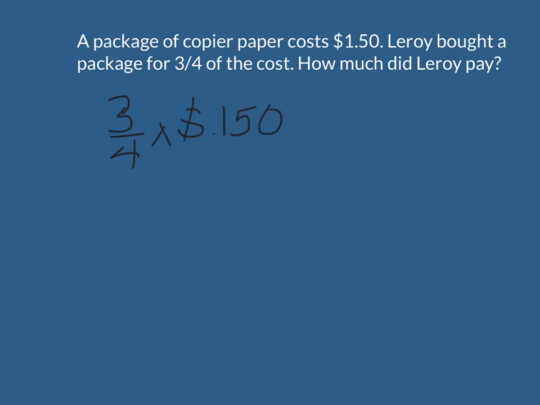So remember, of means times. Whenever you see this and you say 3/4 of, that means times. So we're going to multiply. So that's a good little hint to remember. Now we need to turn this into a fraction so that we can multiply. Now as I look, I can't reduce any of them, so I'm going to need to just multiply straight across: my 3 times $1.50 over 4 times 1. So when I multiply 3 times $1.50, I get $4.50